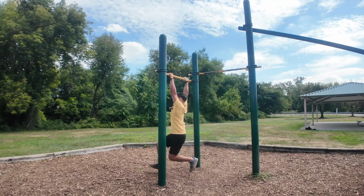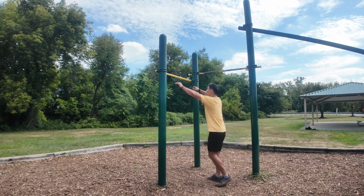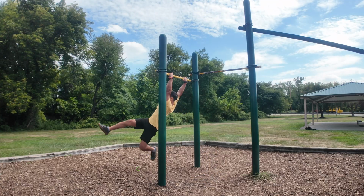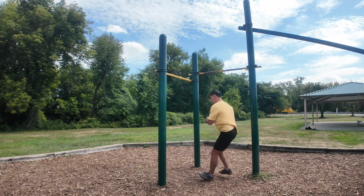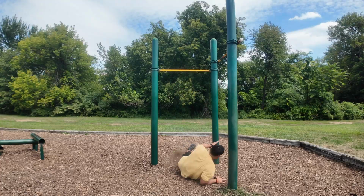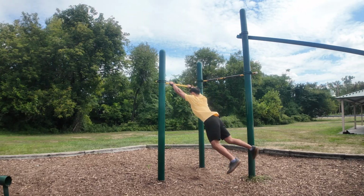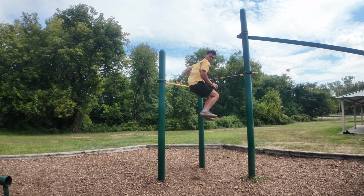Just focus on getting a 180-degree turn first, then 270, and eventually you're going to start getting close to touching the bar. This part is really difficult because it's all about timing the launch and the spin. You want to wind up, and as soon as you start launching yourself, your hips and your feet are already leading the spin, and then the second you get into the air, your head, your shoulders, your torso